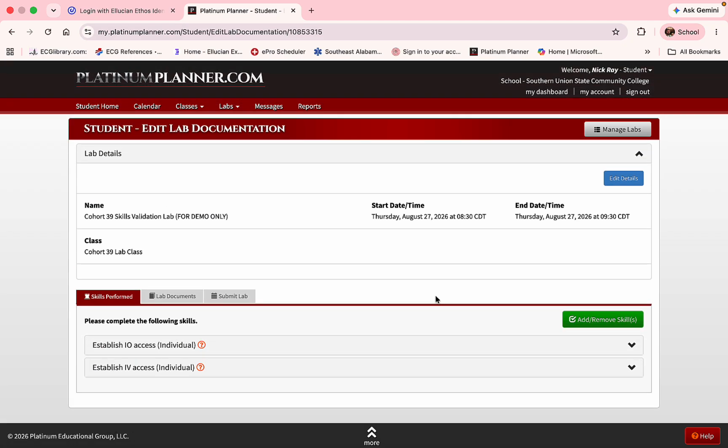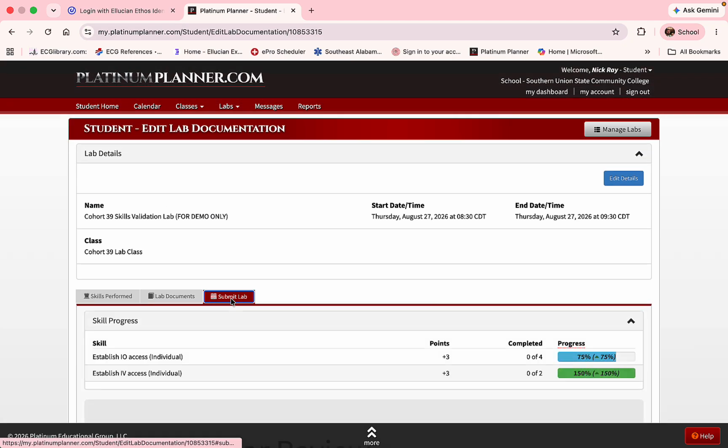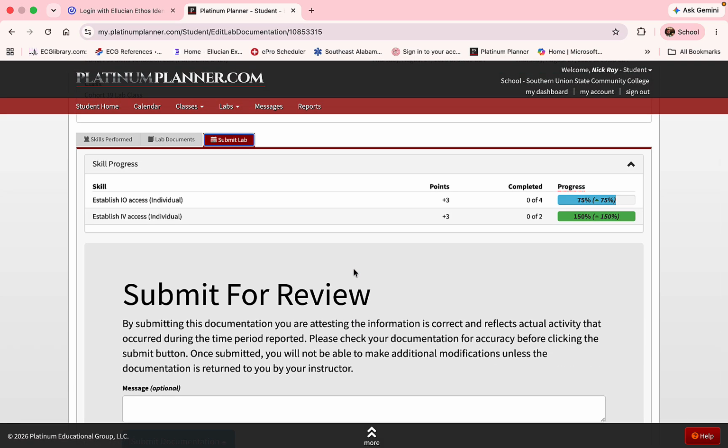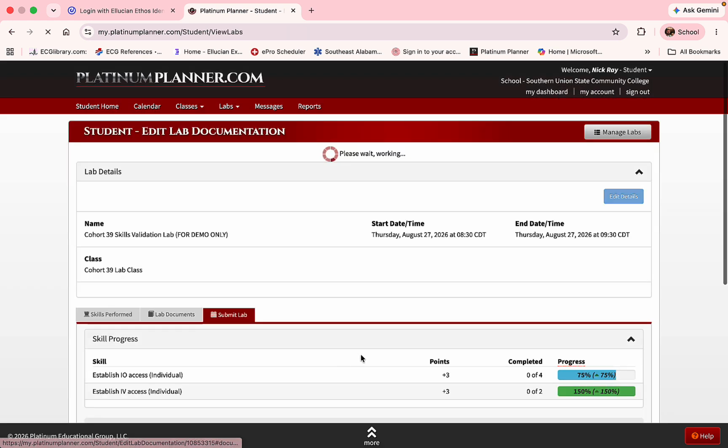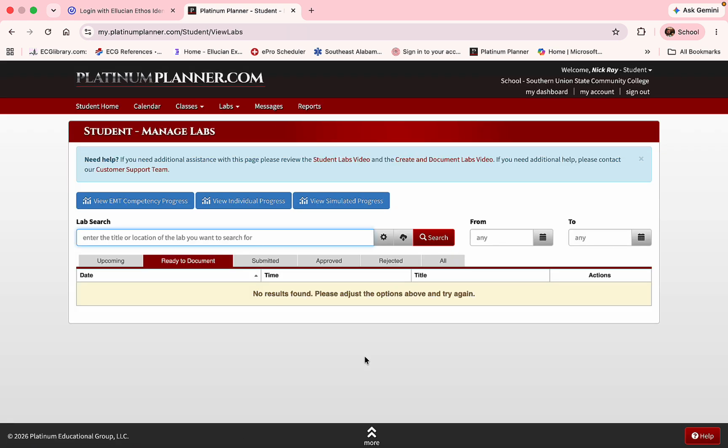I'm going to go into submit lab. This is very, very important. You've got to submit your documentation. It does not come to me unless you submit it. If you do not submit it, then it's going to be classified as incomplete. So submit documentation. Make sure you click your instructor. You don't want to submit it to your peers at this point in time. Just hit instructor. All right, so now at this point it is in there and I'm able to move forward and